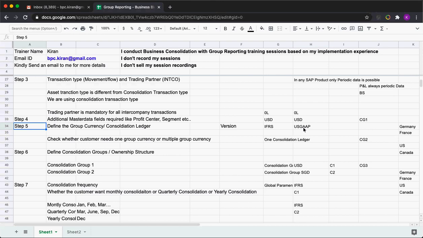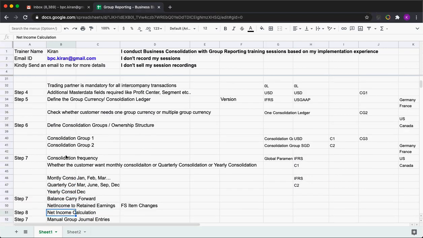I have a question. Yep. For clarity purposes, in this example, you could use the same version for both USD and IFRS, but it's pointing to two separate ledgers when you're selecting your parameter selection. Correct. You might have two separate ledgers, but the version is the same. Okay, great. Thank you.